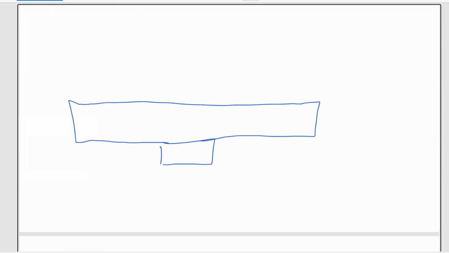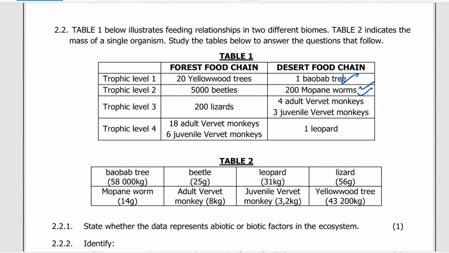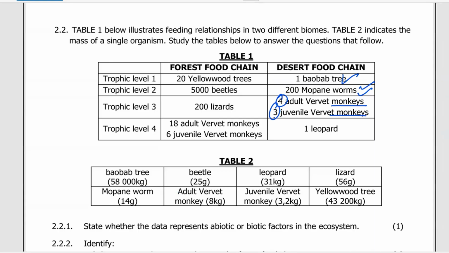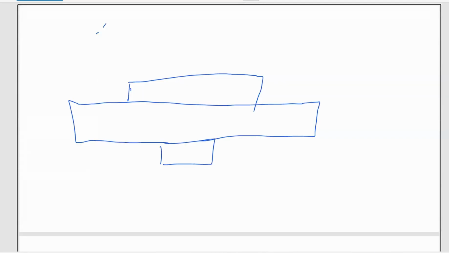You must draw it properly, yes. And then you have four of these monkeys, plus 7 plus 3, which makes it 7. Meaning that the mopane worms is going to be around there. And then you have one leopard, meaning that it's going to be the same size in terms of numbers like that. Then now you label it: this is the producers, this is the primary consumers,